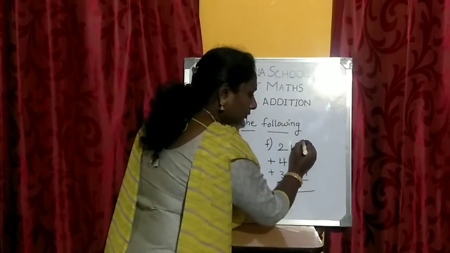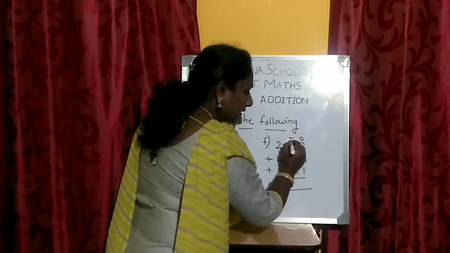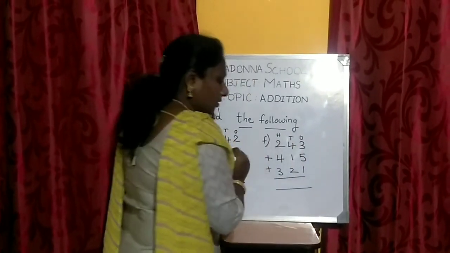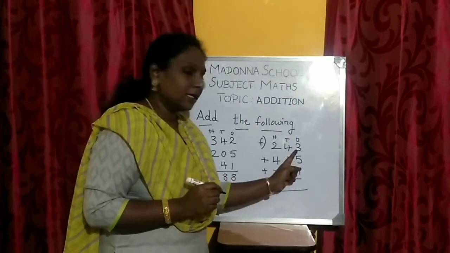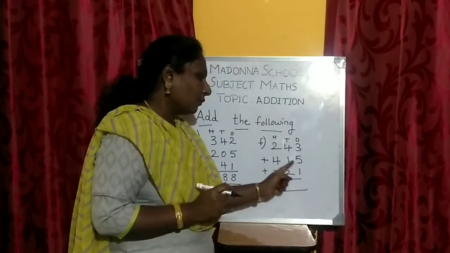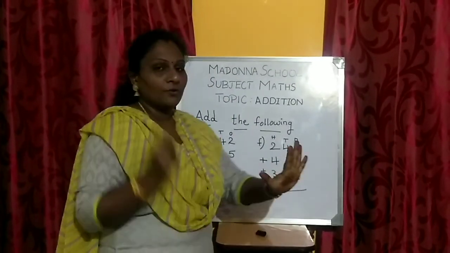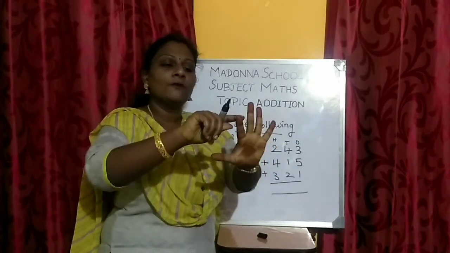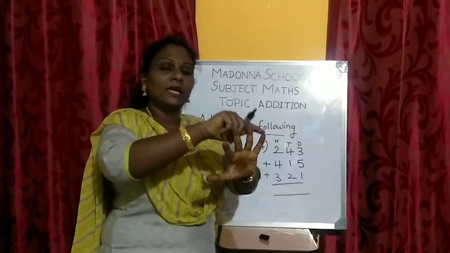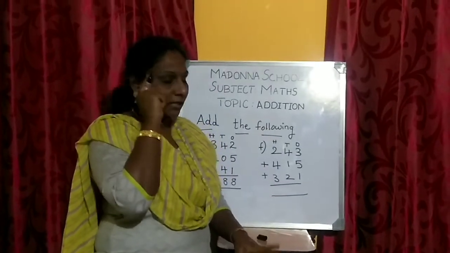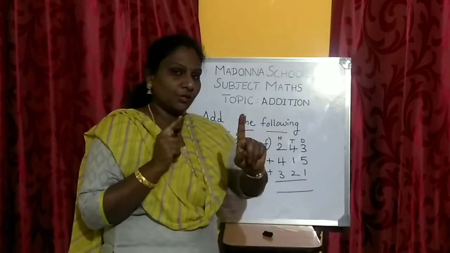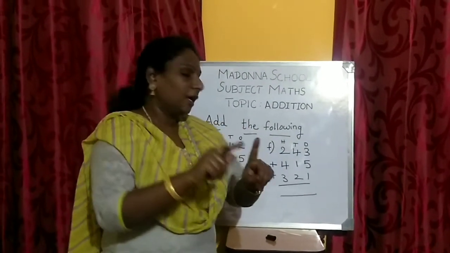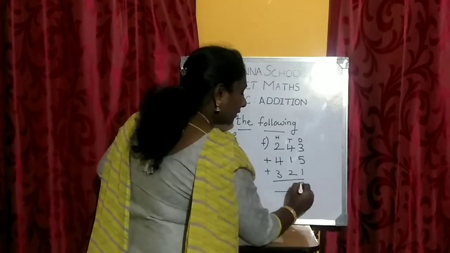Write the place value. Ones, tens, hundreds. Okay. So first number, keep it in your mind. 3 in your mind. 5, show it in your finger. 3 in your mind. 5 in your finger. After 3, 4, 5, 6, 7, 8. So 8, answer 8, keep it in your mind. Third number, show it in your finger. After 8, 8 plus 1 is how much, children?